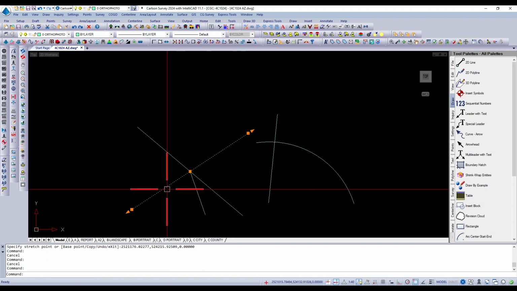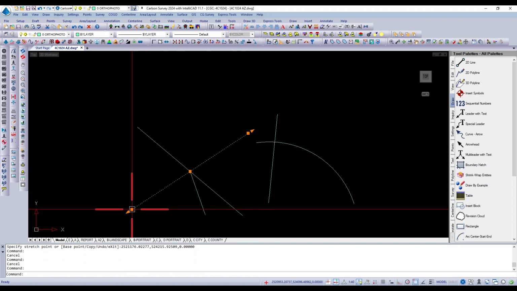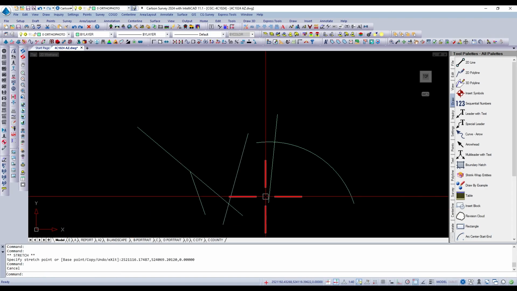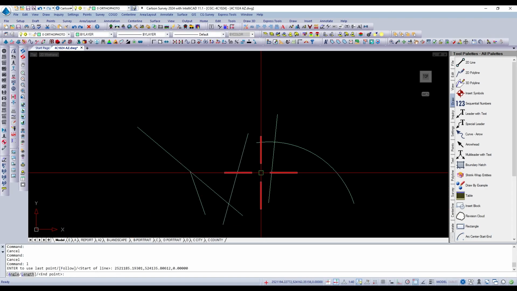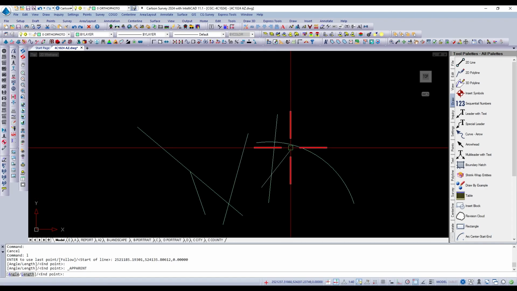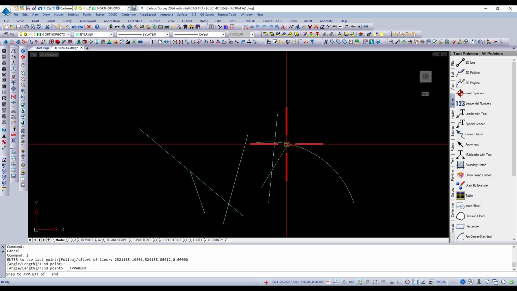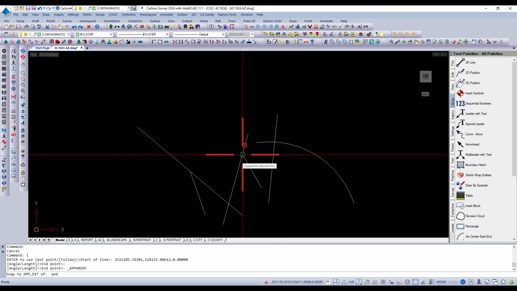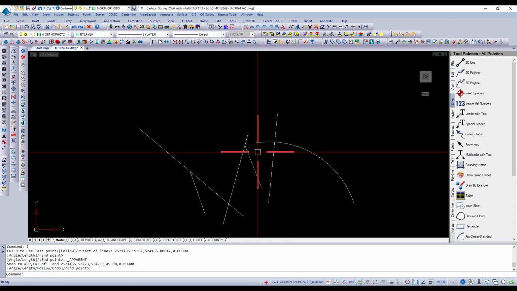Just making sure they actually do intersect, because it can be deceiving sometimes. If I want to snap to the apparent intersection of the circle and the line, I hover over the first entity, then the second one, and it gives me the apparent intersection. Now I can use the extend command,